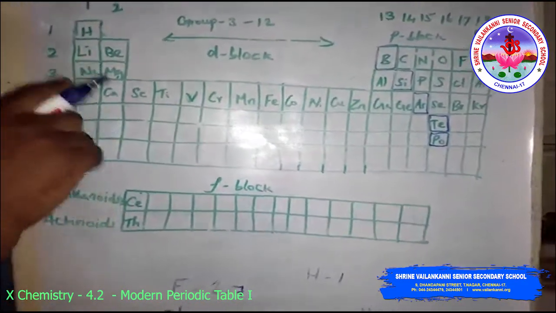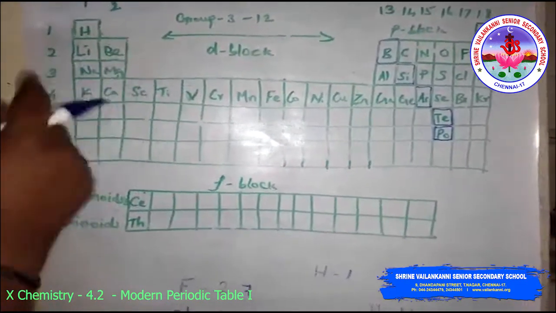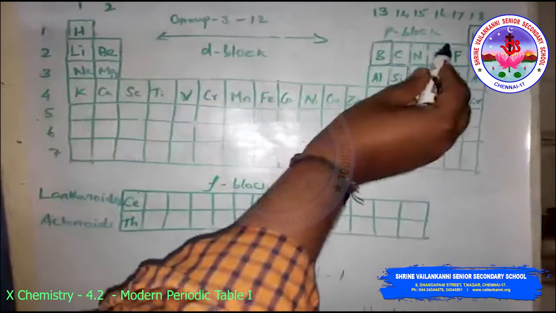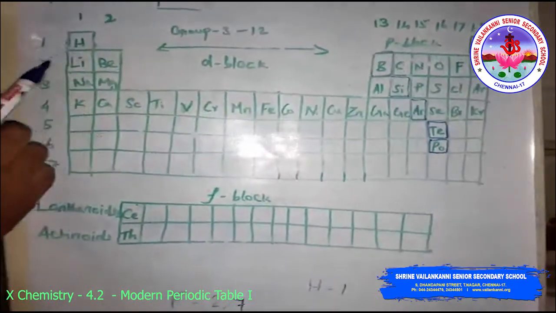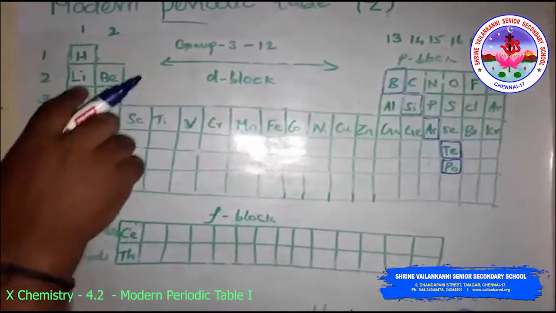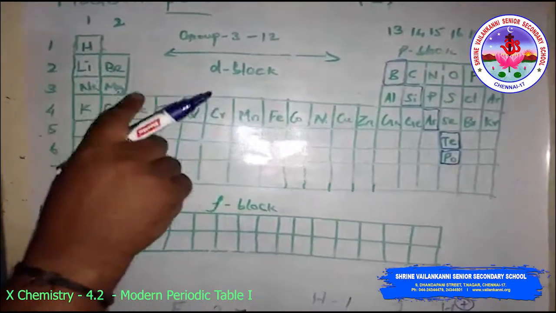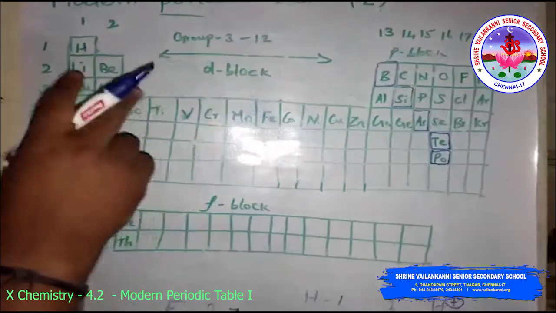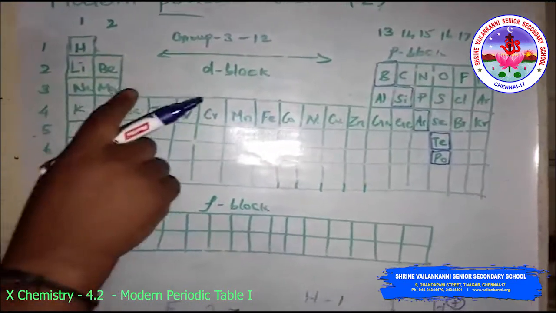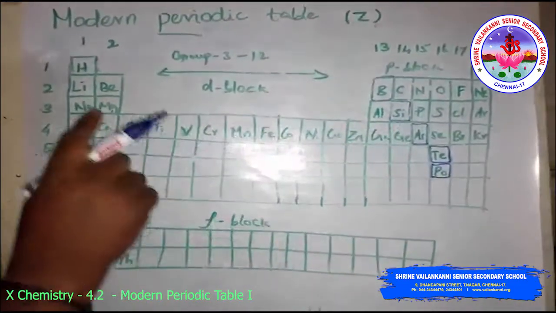You will find that these elements do not have the same number of valence electrons. That means this has 7 valence electrons, this has 1 valence electron. But they contain the same number of shells. You will also observe that the number of valence electrons increases by 1 unit as the atomic number increases by 1 unit on moving from left to right in a period.